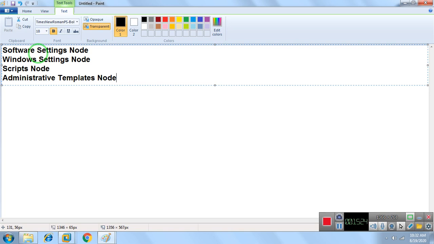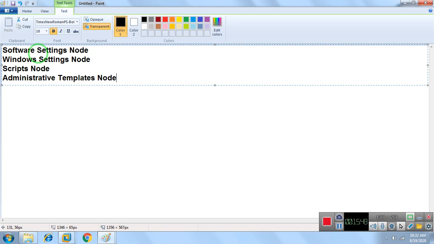We can apply other settings also, like map drives, preferences, and printers, if you deploy printers. So these are some of the nodes we have.